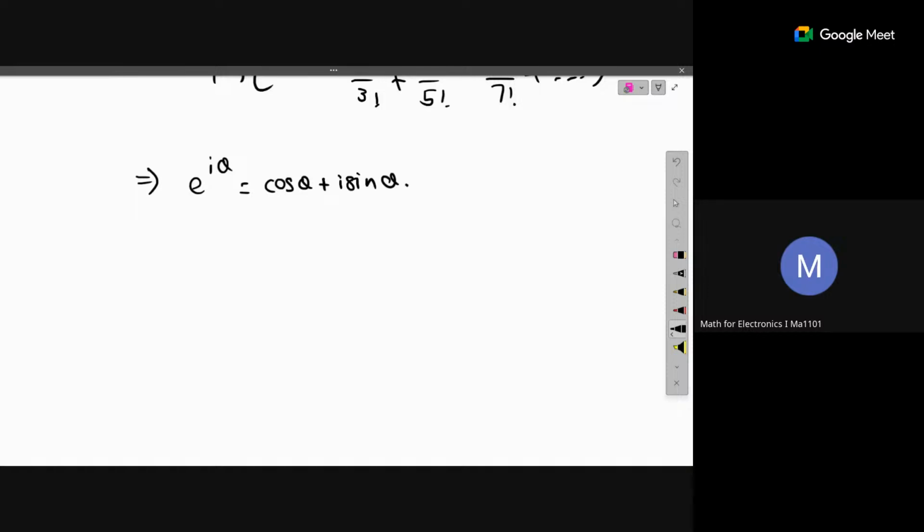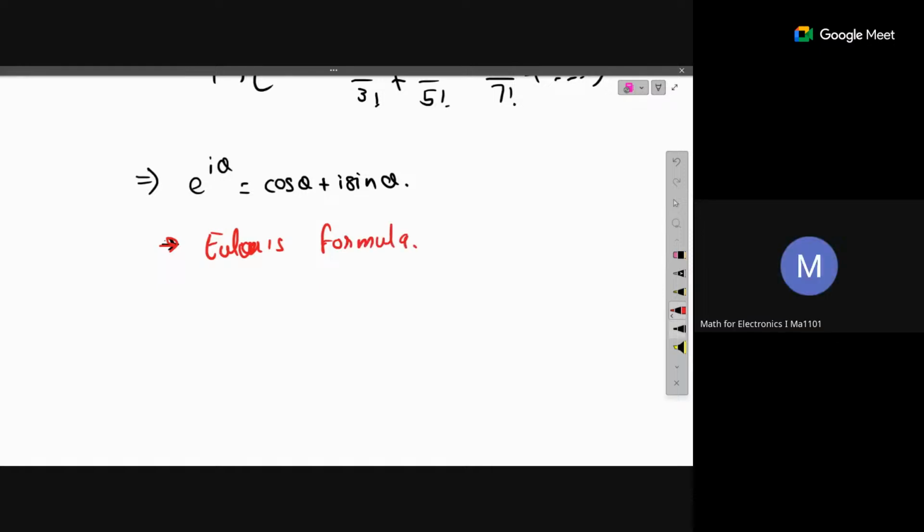Okay. So now using this form, we can actually prove many trigonometric equalities. So let's try to prove some of them. One trigonometric equality we can prove is that cos of 2 theta is nothing but cos square theta. Okay, we have all those trigonometric identities, but let's go to Euler's formula first. So what is the Euler formula? And then we go to other trigonometry. So Euler's formula is